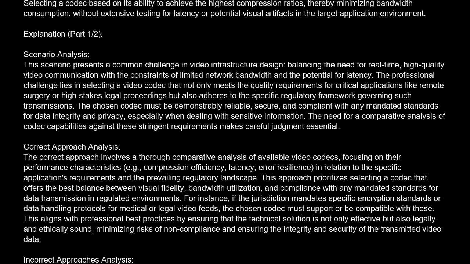Selecting a codec based on its ability to achieve the highest compression ratios, thereby minimizing bandwidth consumption, without extensive testing for latency or potential visual artifacts in the target application environment. Explanation: